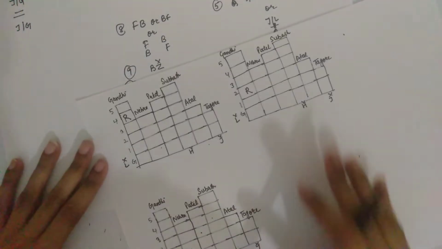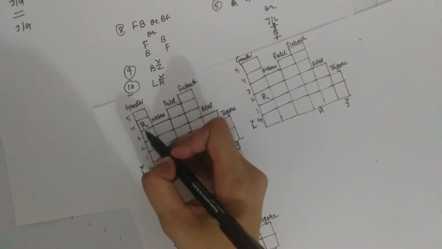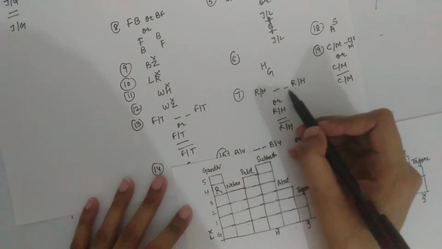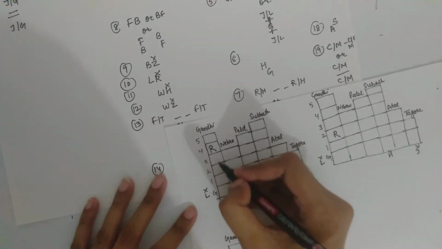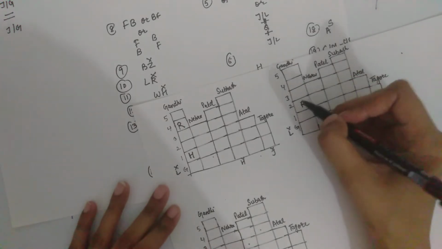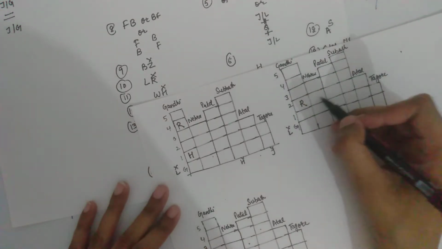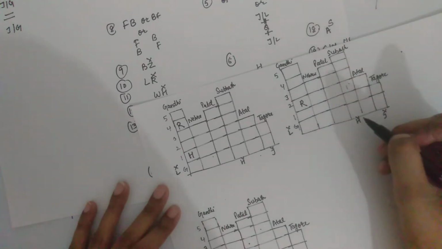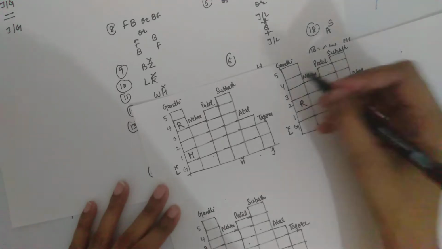Now we have written all the instructions. Now we will fill these in the diagram. See, we have only 1 person placed, that is person R. Now we will find the information related to R. Yes, here it is. R and H have 2 places between them. If this is R, 1, 2, here will be H. In this case, 1, 2, H can be here, or 1, 2, H can be here also. But it was given that H does not live in Subhash apartment. So H can't come here, H will be here.